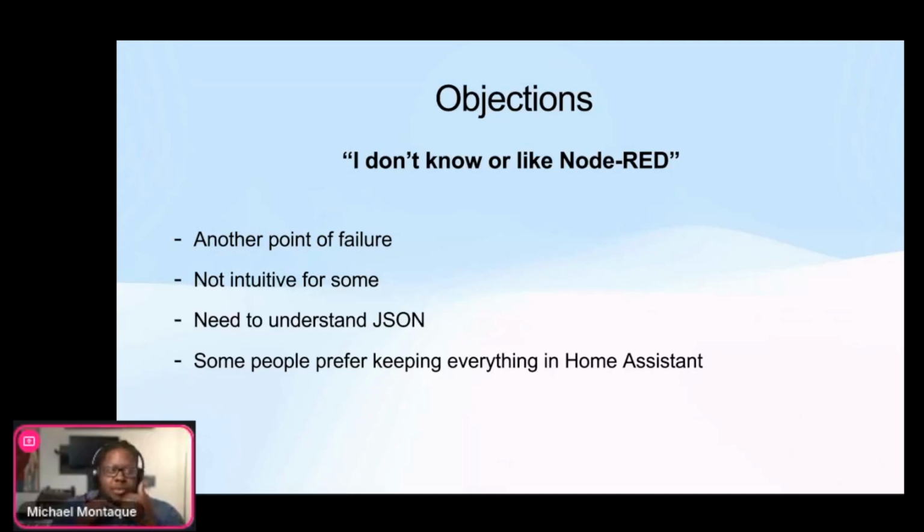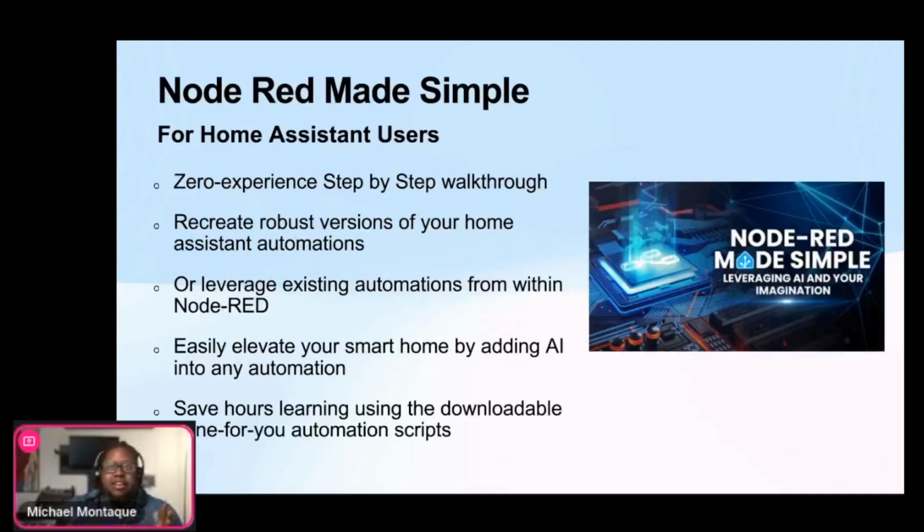But again, I will say that despite the objections, I wanted to do something to help people, to make it more flexible for folks to use, as well as to bring them to where I'm at. And I realized that that's just a knowledge gap. So one of the things that I created was the Node-RED Made Simple course for Home Assistant users in particular. For those that have taken it, there are several folks that have made it all the way through the end, and the responses that I got back from it were quite frankly amazing. There are still things in there that I would love to update and fix, but I'm just one person, and it's slow going. So there's certain things that I want to make a little bit more robust, so you can have even less to think about. But I think the biggest stuff in terms of learning it has been taken care of.